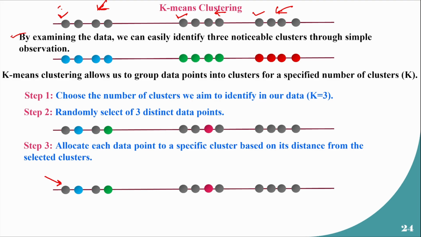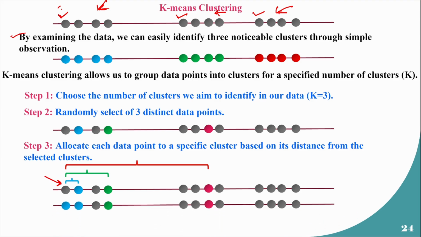Yeah, so I see one answer, blue. Yeah, so if you consider the distance, of course from the blue representative, you will have this distance, right? It's a very small distance. Then from the red cluster's representative, you will have this distance. From the red cluster, again, you have a much higher value of distance, right? So since the blue distance is much smaller, you can expect that the first data point will be part of the blue cluster, right? Now you have to iterate this exact process for all of the rest of the data points that are available here,